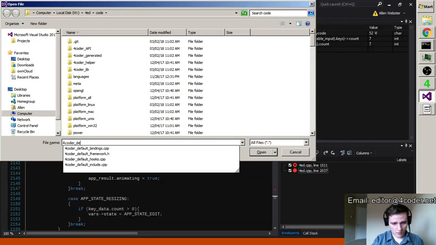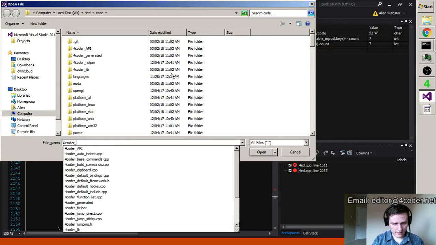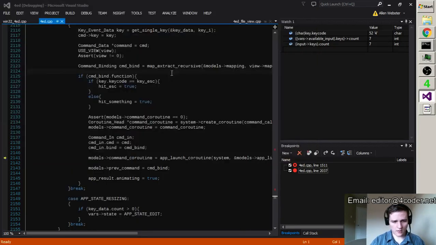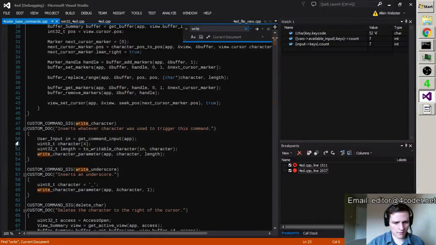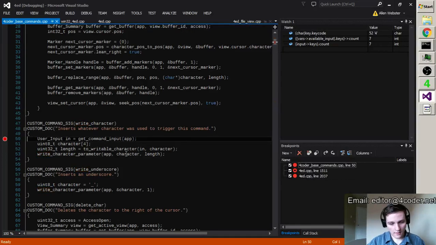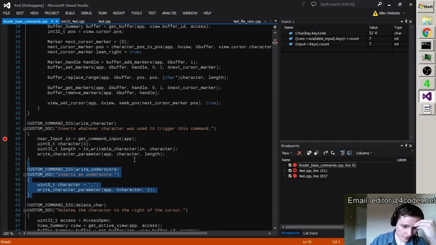find it. So default bindings, default framework, base commands, write character. Now why is write underscore a command? I forget if that's a serious thing or if it was an experiment or what.